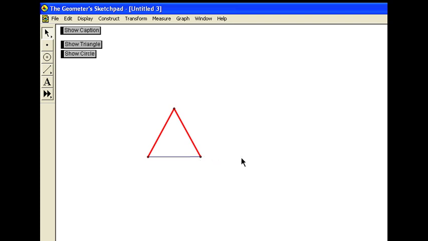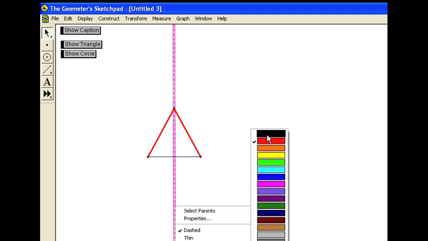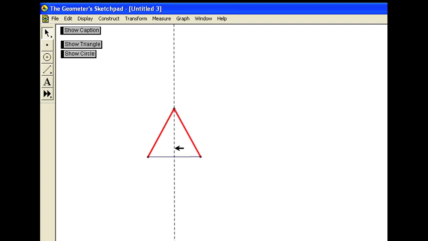Okay, in addition, let's go ahead and shoot that perpendicular line down to the base. If I highlight that and the base, and I go Construct, Perpendicular Line, I can then make that line dashed, and I could change the color back to just plain black, so we can see that if we shot a perpendicular line down it, it would bisect this. So let's go ahead and prove that it does bisect it by putting a dot right there, and then we can go ahead and,